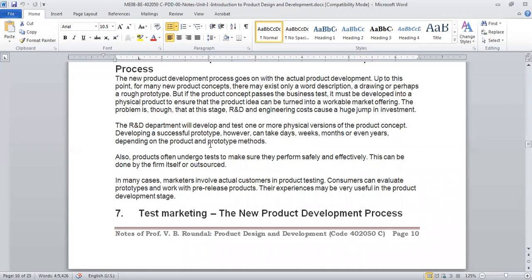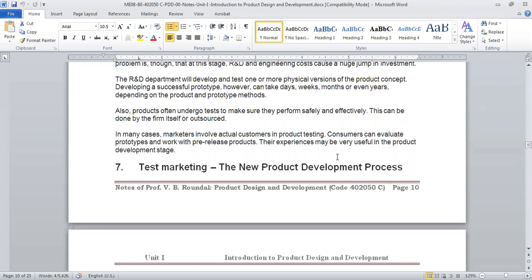Okay, it might take days, months, or sometimes a year; some NASA projects take years for the development of the product, right? So once this is done, then the product will undergo tests. Okay, so your product is ready. The product will undergo testing, and once the testing is done, everything looks fine, and the test results are matching, then you will say my product is fine, and I will ask them to go ahead with the production. This prototype is also given to the customers for evaluation, right?